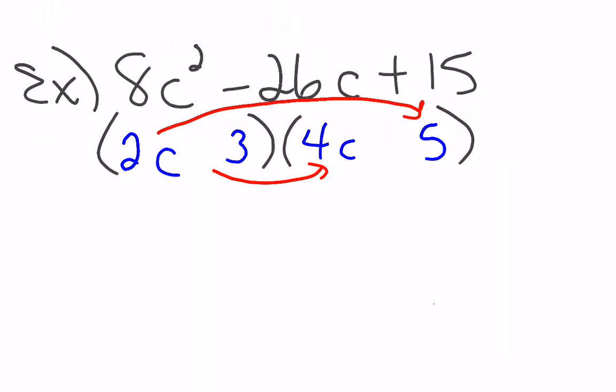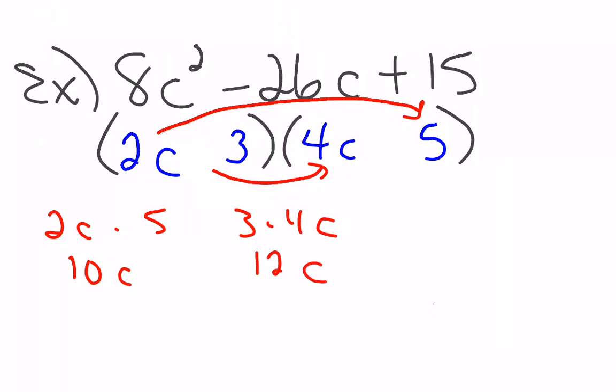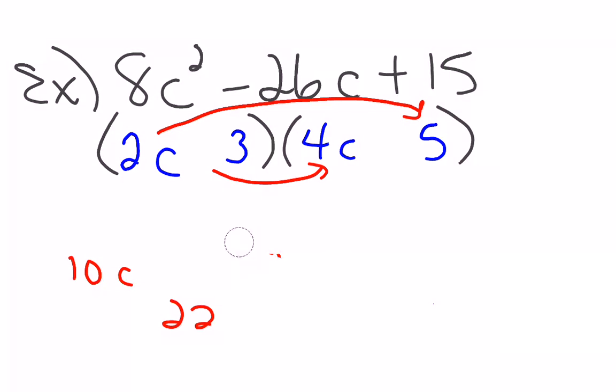So our middle term, let's see, we have 2c times 5 would give us 10c, and then 3 times 4c would be 12c, and if I add those together, 10 plus 12 gives me 22. So that doesn't work. However, that doesn't mean all is lost. Remember, combinations work a little bit differently,